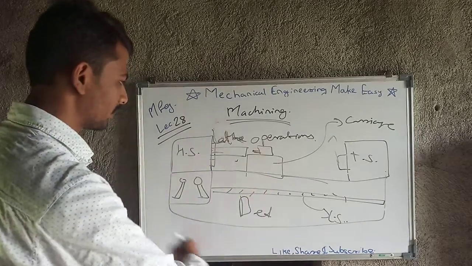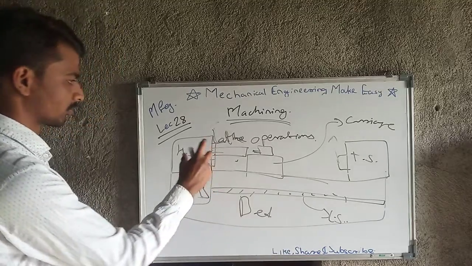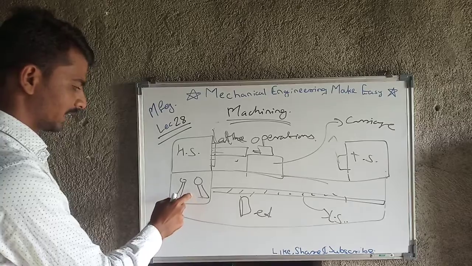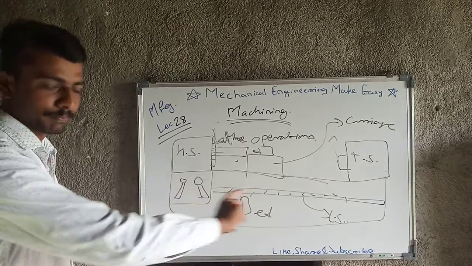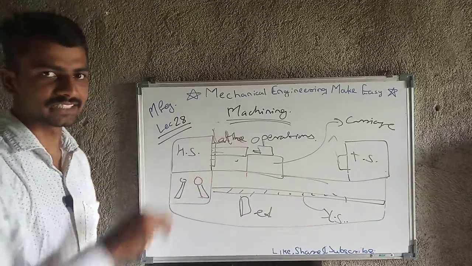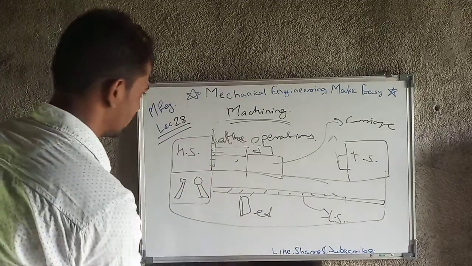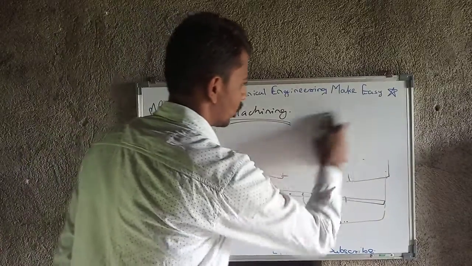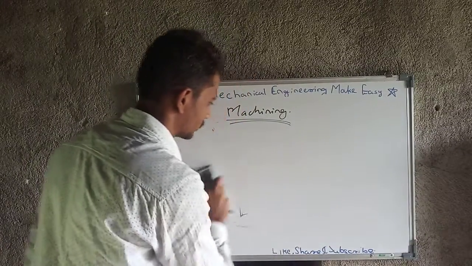So this is all the basic figure of the lathe machine. That is nothing but headstock, tailstock, carriage, the chuck, then the gear mechanism, bed, and the lead screw. Okay, I am giving you an idea about only basic elements. I am not going into too much detail. Then now I will move towards our main topic, that is nothing but lathe operations.